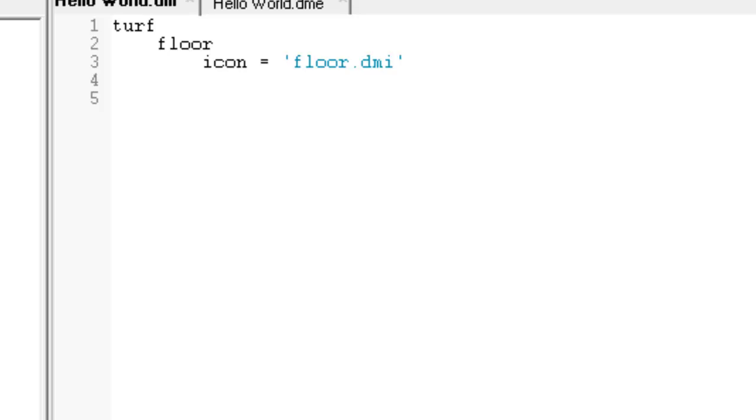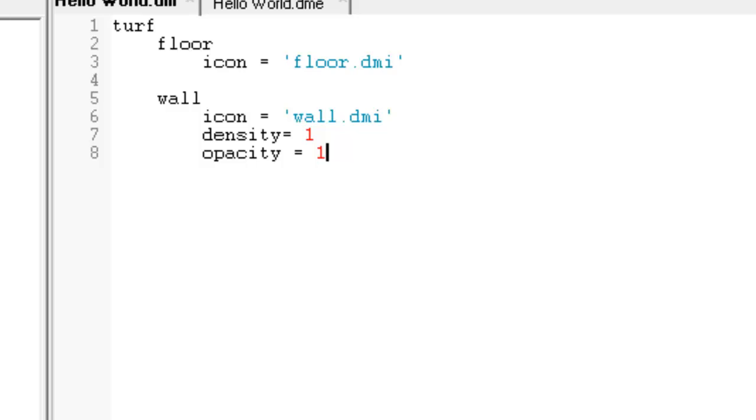Now do enter backspace and wall, enter tab icon equals wall.dmi, density equals 1, opacity equals 1, then hit enter and type secret_door, enter tab, name equals wall, density equals 0,